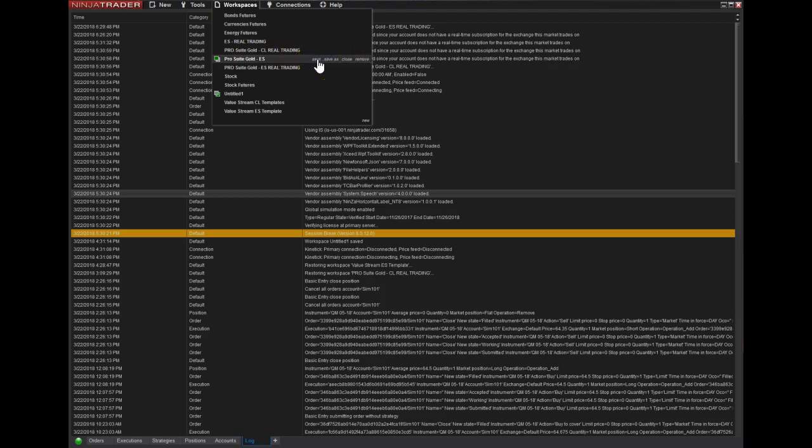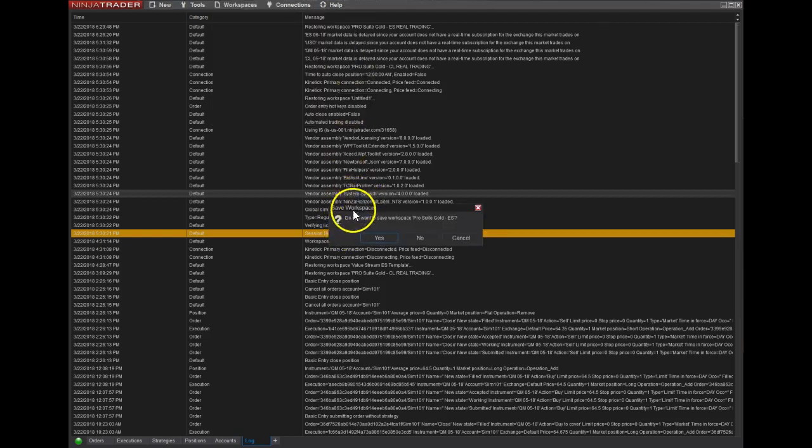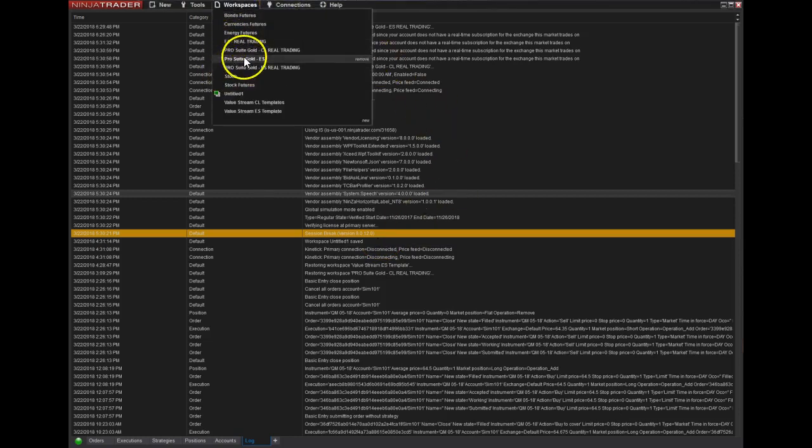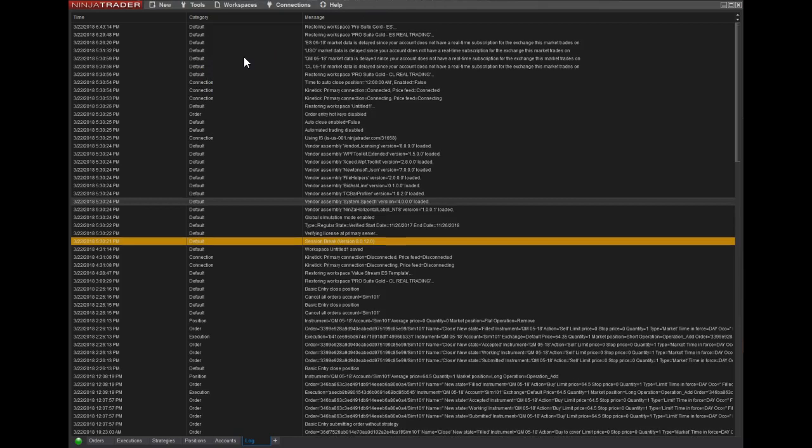You can save it before, but usually what I do is I close it and I get the message to save the workspace. Important to click yes to save it. And that's it. Once you reopen this workspace, all the different charts should be in sync, and they should be able to talk to each other